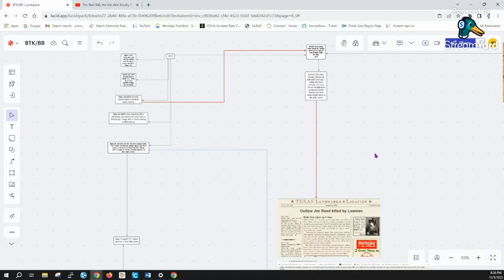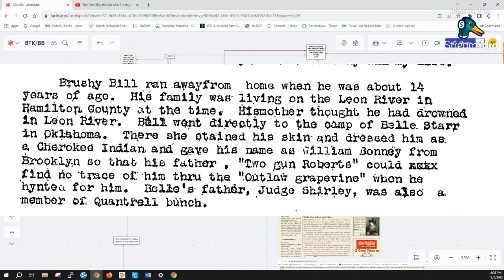The logic of this, he says, Brushy Bill ran away from home when he was about 14 years of age. His family was living on the Leon River in Hamilton County at the time. His mother thought he had drowned in the Leon River. Bill went directly to the camp of Belle Starr in Oklahoma. There she stained his skin and dressed him as a Cherokee Indian and gave him his name as William Bonney